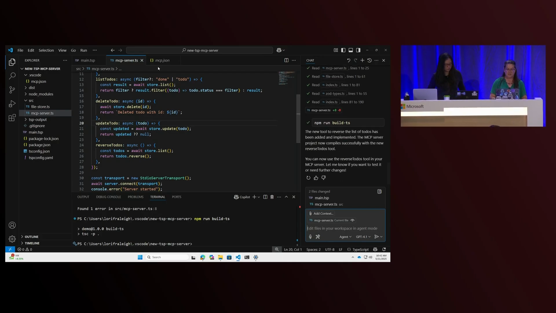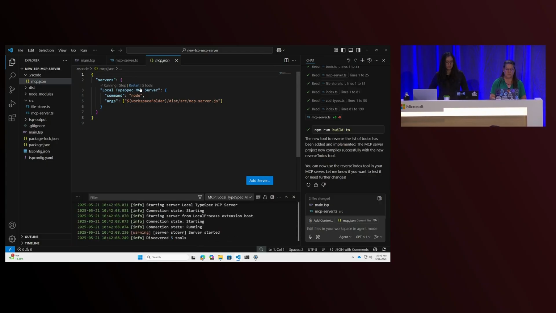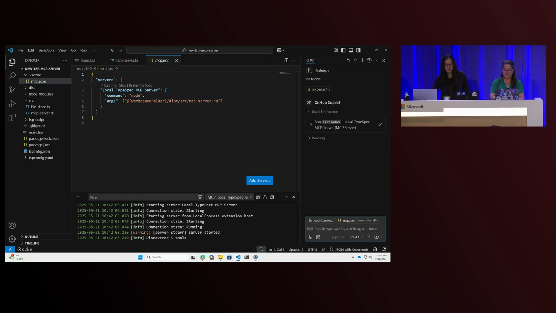All right, so let's go back to the mcp.json. We're going to restart the server, and it should go from 3 tools to 5 tools because we now have implementations for our new tools. So, new chat. Let's see what's in our to-do list. And now we're going to update learn type spec to use type spec.